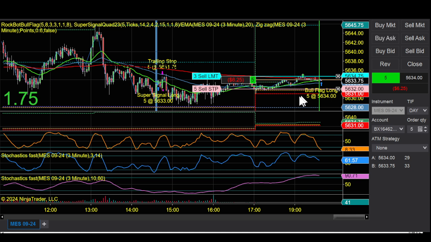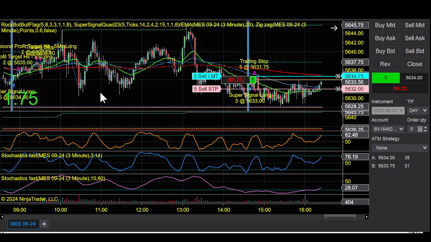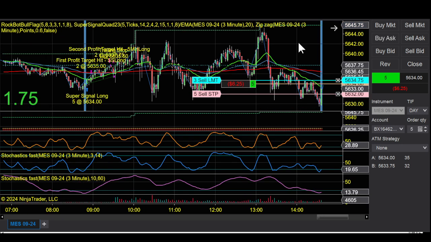So we'll let it play out. I have a stop there. We'll just see what happens. But this is not a time to use the flags. The flags are for trending markets. If you recognize a trending market, that's a great time to use the flag, a bull flag or a bear flag. What I mean by trending market is we're trading above